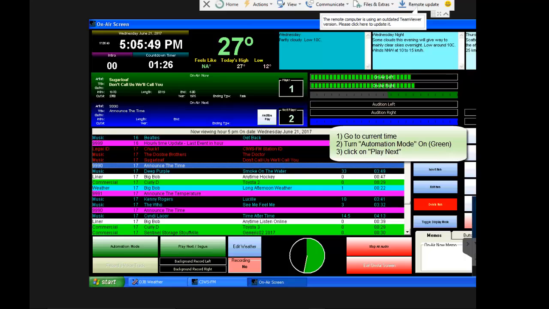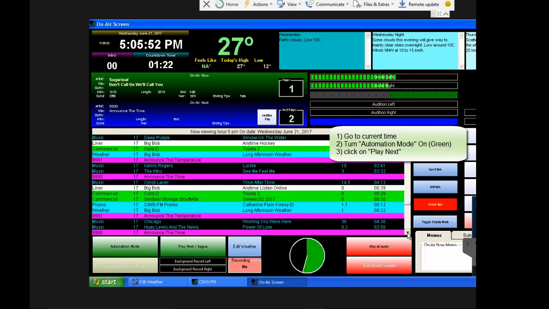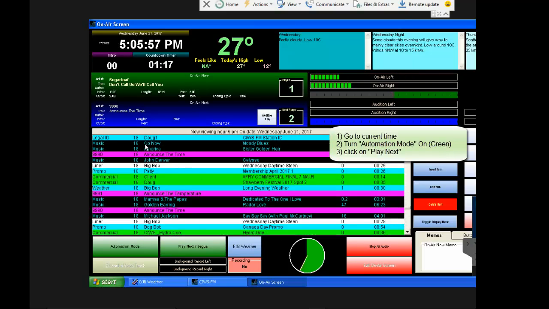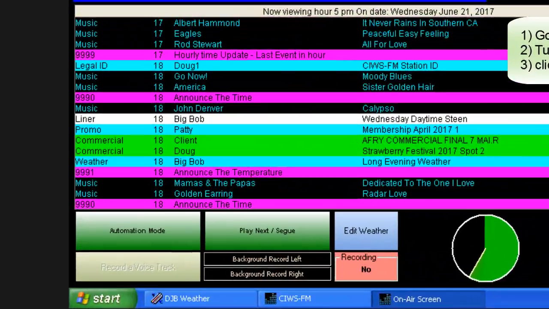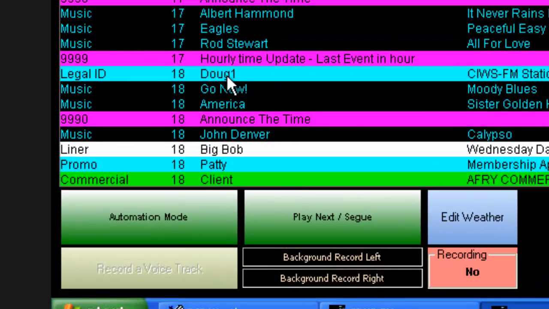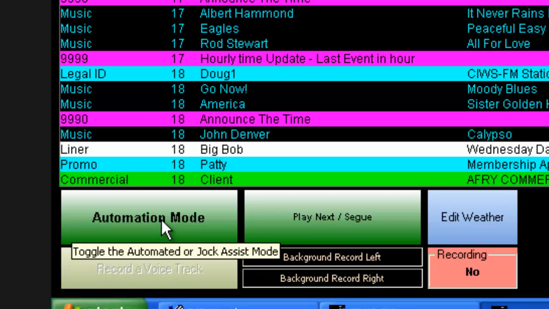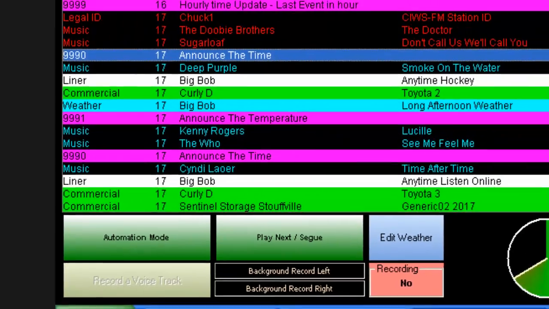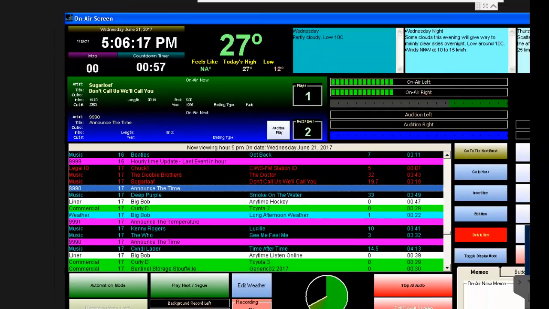So what we would do is scroll down until we get to whatever hour we happen to be in. So let's say we're going to be starting at 6 o'clock. Well, then we just go back up, find 6 o'clock, and just click and then hit auto on. That's this button here. We would just turn that, because it would be red. We would turn it back on, then click play next item, and that will restart DJB. I'm going to put this back to where it belongs because obviously we don't want to be disrupting our listenership